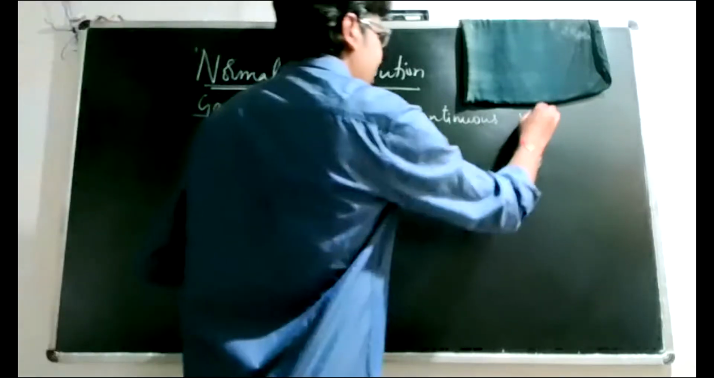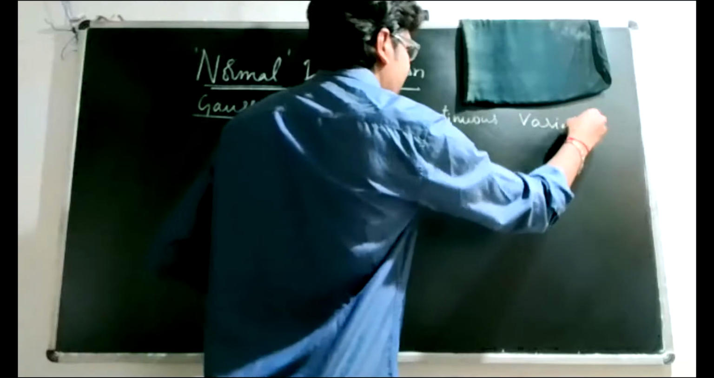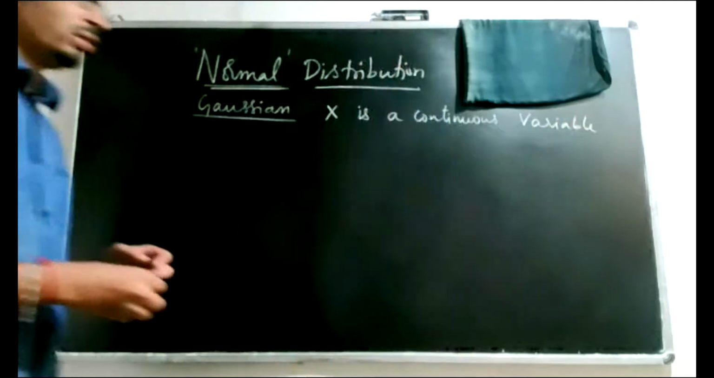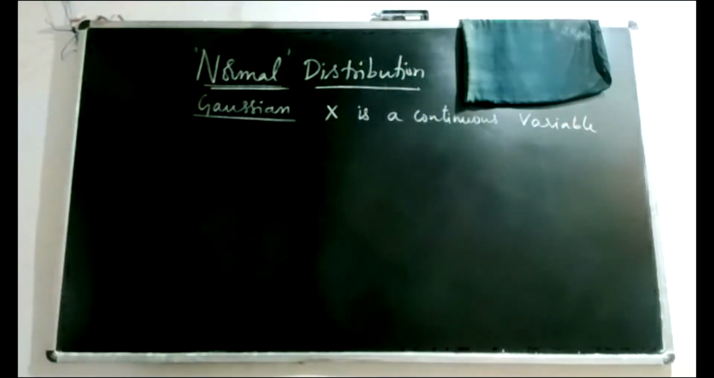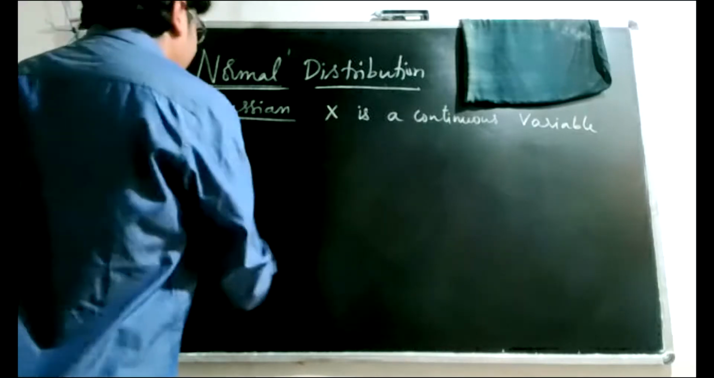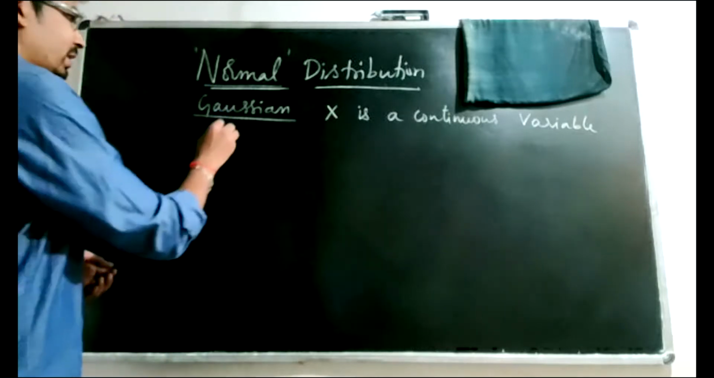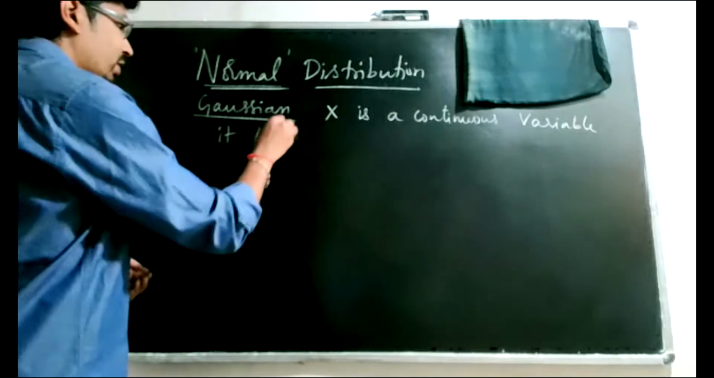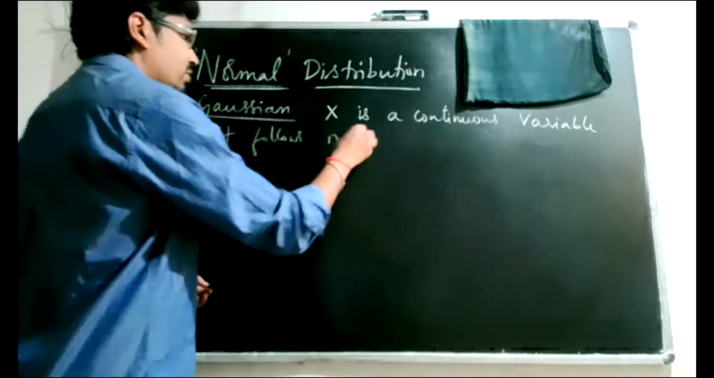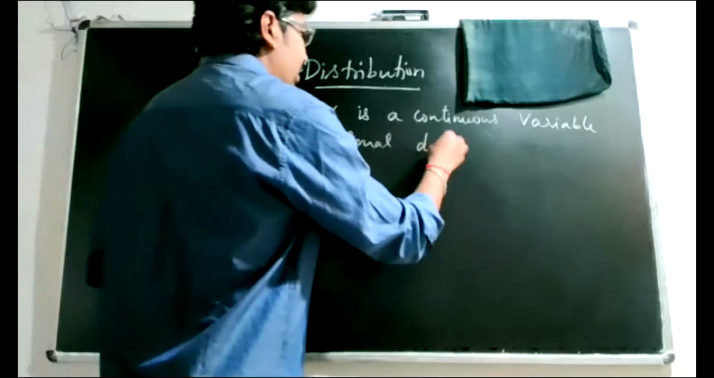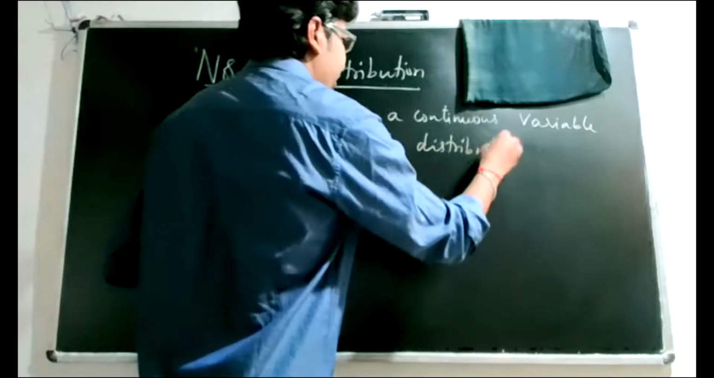So we have a continuous variable x, like say age of a student, or blood pressure of a patient, weight of a newborn baby. If I want to say that this continuous variable follows normal distribution, then it should follow a particular probability law,